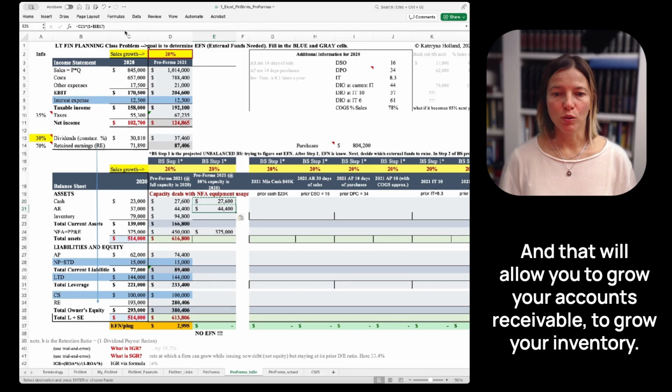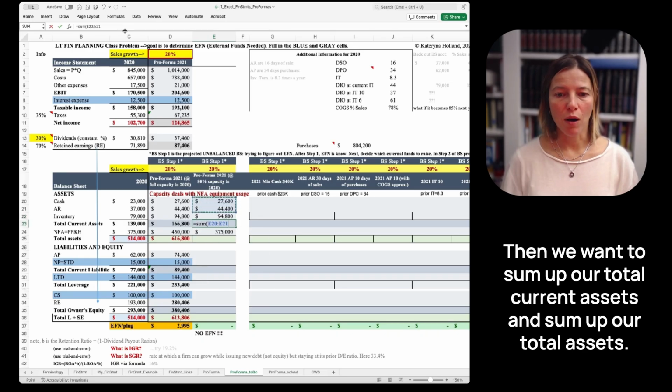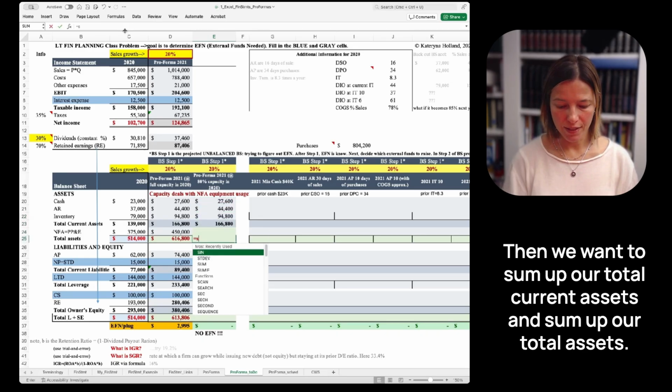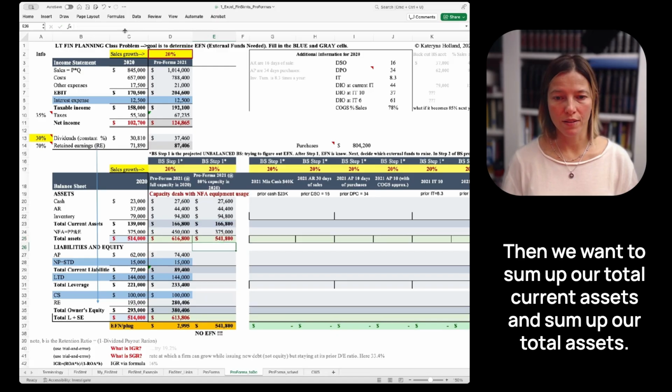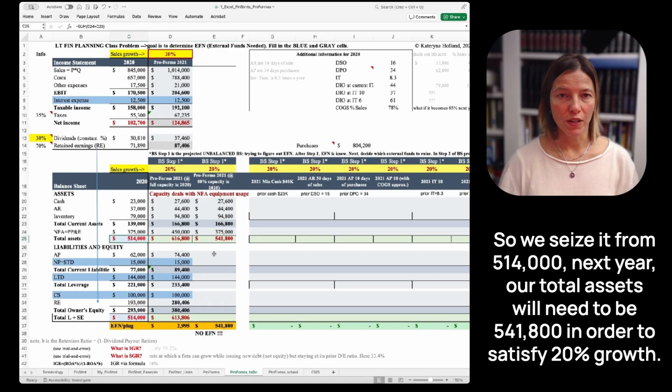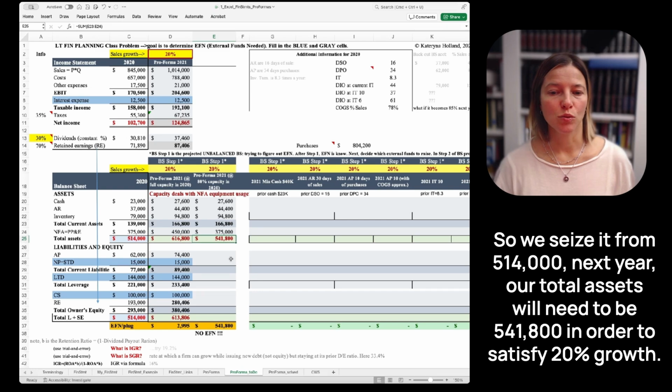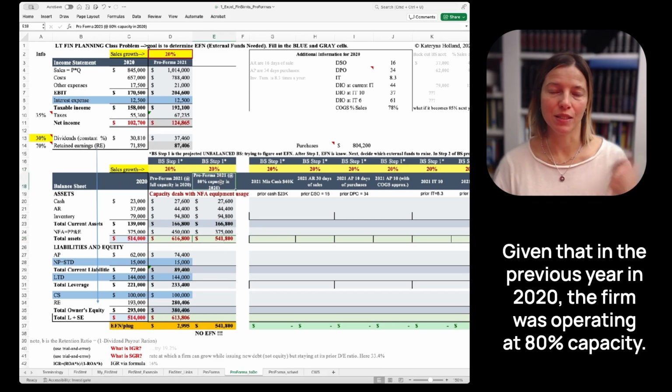And that will allow you to grow your accounts receivable and your inventory. Then we want to sum up our total current assets and our total assets. So we see that from 514,000, next year our total assets will need to be 541,800 in order to satisfy 20% growth, given that in the previous year, in 2020, the firm was operating at